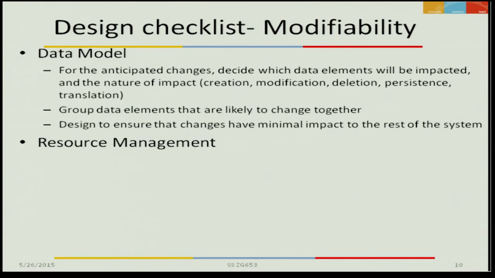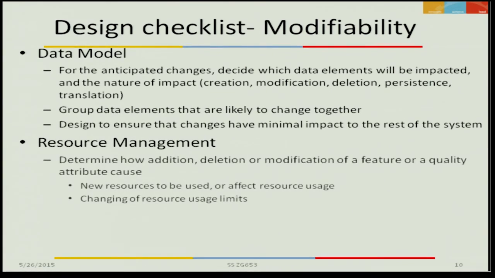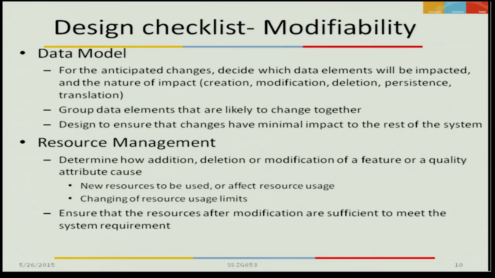Resource management with respect to modifiability. Determine how addition, deletion, or modification of a feature or a quality attribute can cause new resources to be used, impact the resource usage, or change resource usage limits. So these things must be analyzed: whether an addition or deletion of features can cause a new resource to be added or an existing resource limit to be impacted, and ensure that the resources after modification are sufficient to meet the system requirement. If a change request comes,